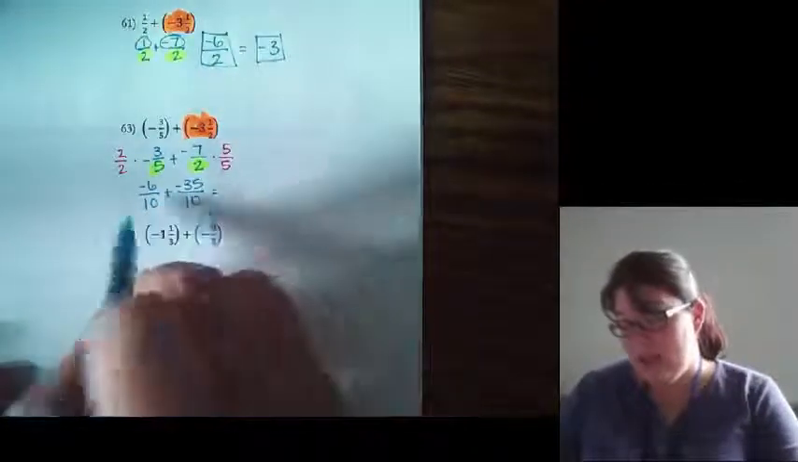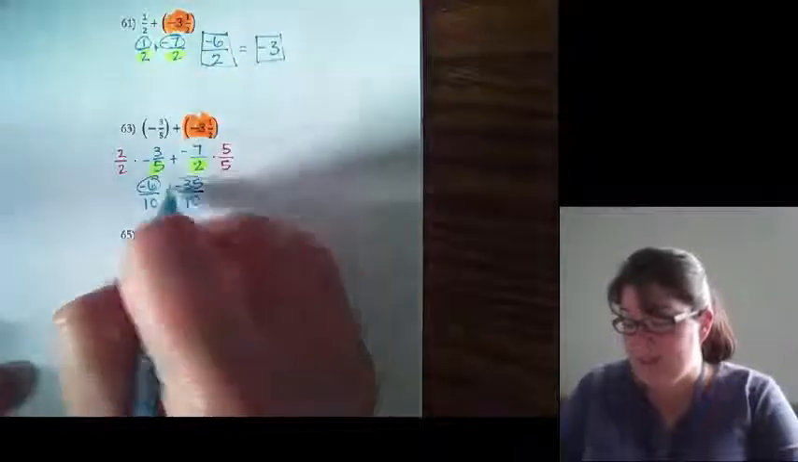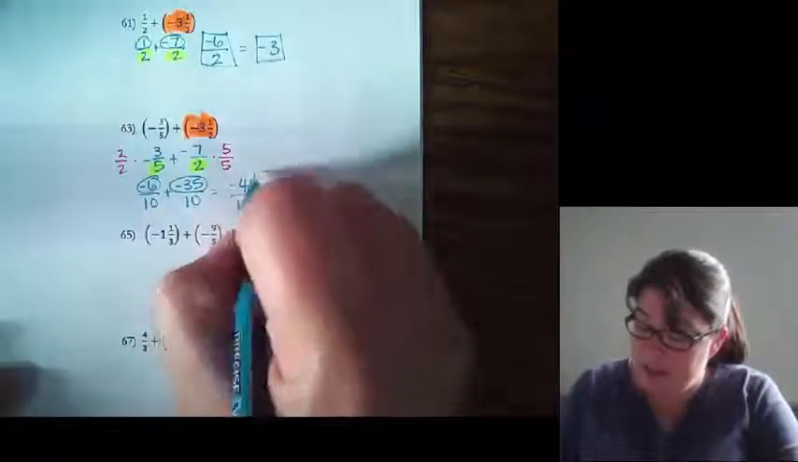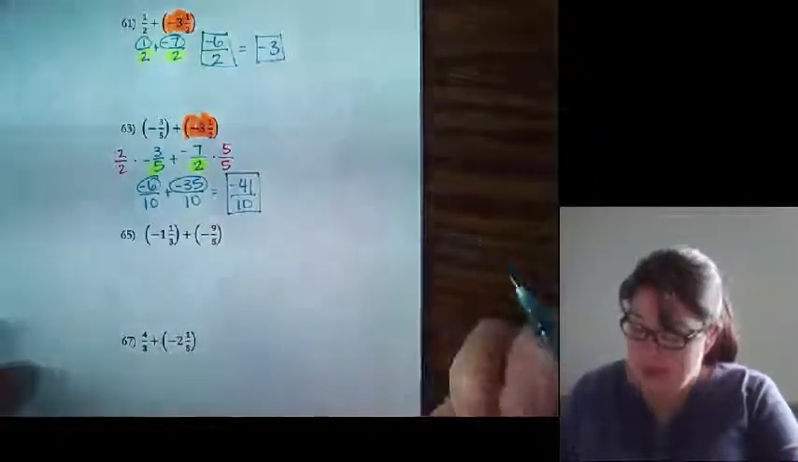So now I can just go straight across. Negative 6 and negative 35, that gives me 41, and it's going to be negative because same signs, add and keep. So 41, keep the negative. My denominator is still 10, and I'm good to go. Let's take a look at one more,